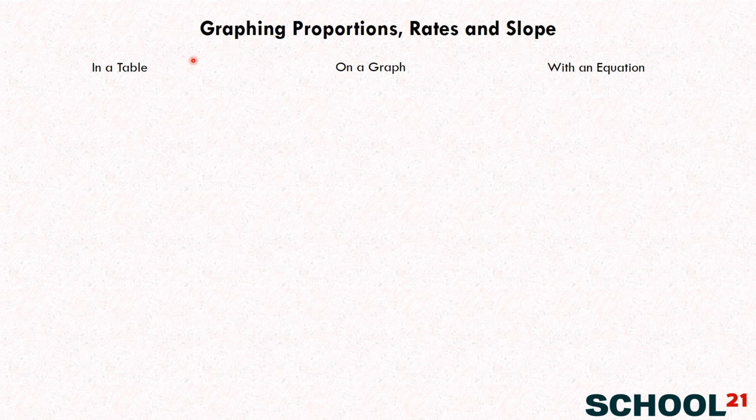Okay, we're here with Rita, and we're going to be talking about graphing proportions, rates, and slope. You ready to talk about these things? Yeah. Okay, so we're going to talk about them in kind of three forms: in a table, on a graph,